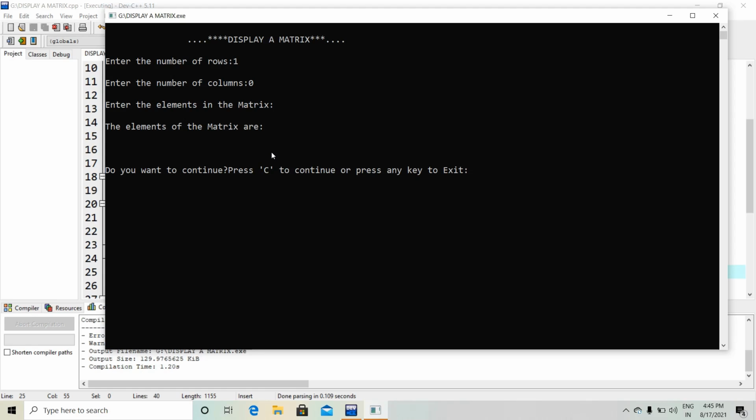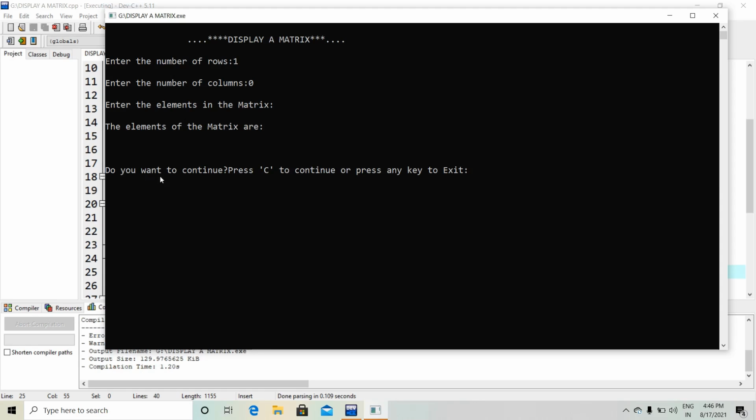So there will be one row, but there will be no column. So what does this mean? This means the matrix is a null matrix. There is nothing. So that's why this is not taking any input from user.